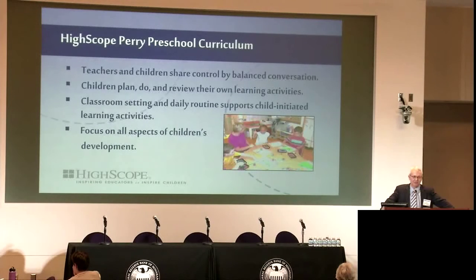But there was a concern with social emotional development. There were concerns with physical development, and there was a broad definition of cognitive development. So it wasn't just literacy and mathematics, which is what cognitive development means sometimes these days. It was a much broader focus on all aspects of child development.